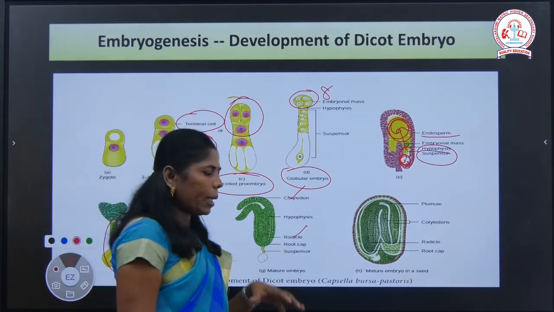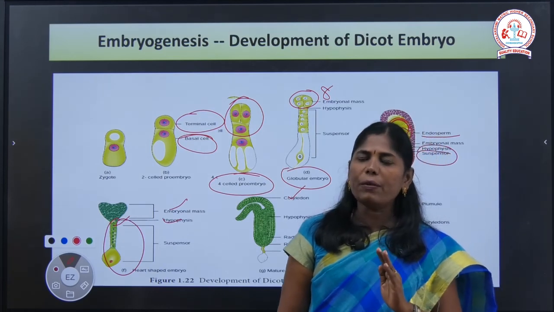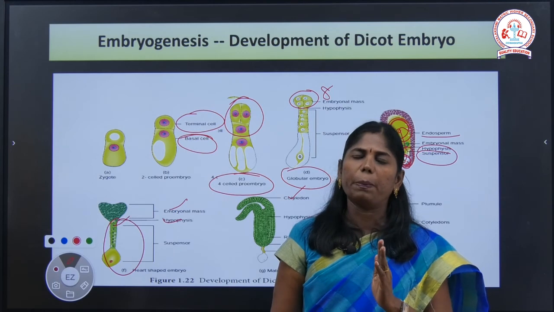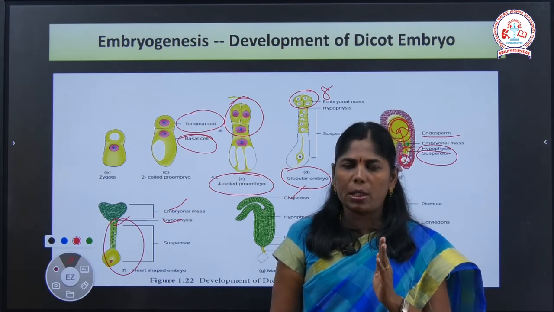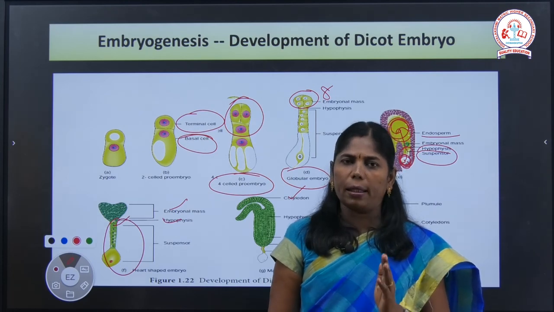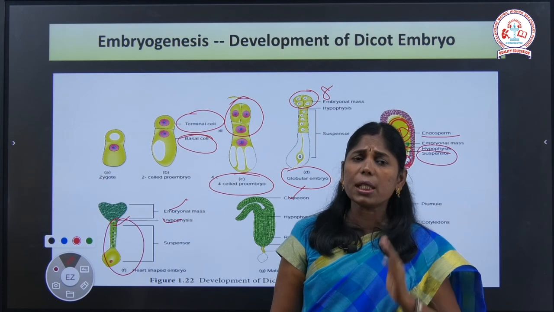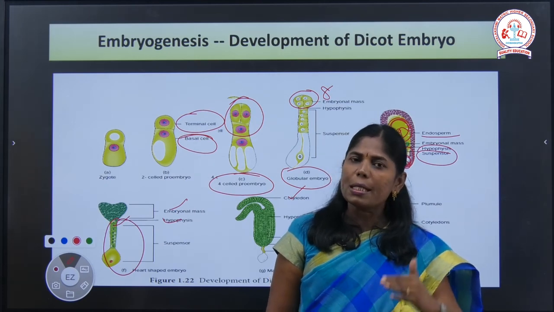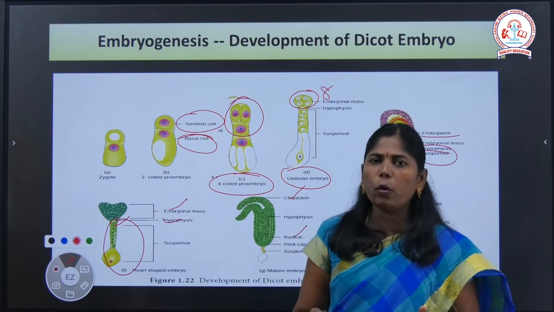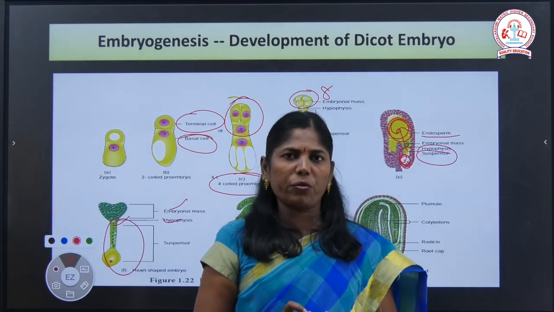Okay, so what type of division occurs, that is very very important, children. Okay, in which stage do 2 vertical divisions and one transverse division occur? In the 8-celled octant stage. Okay? Similarly, where does the periclinal division occur? In the 8 cells of the outer layer. Where does the anticlinal division occur? In the 8 cells of the inner layer. Okay, so this is very very important. I hope you could understand the concept very easily. Okay, thank you children, thank you so much for your support.